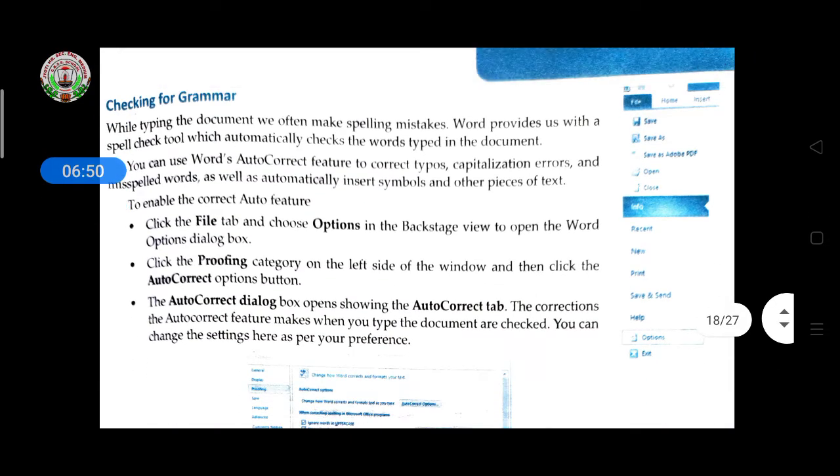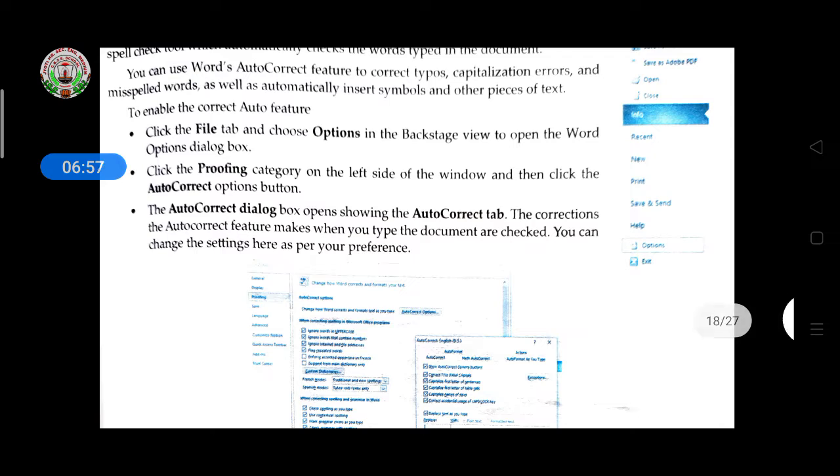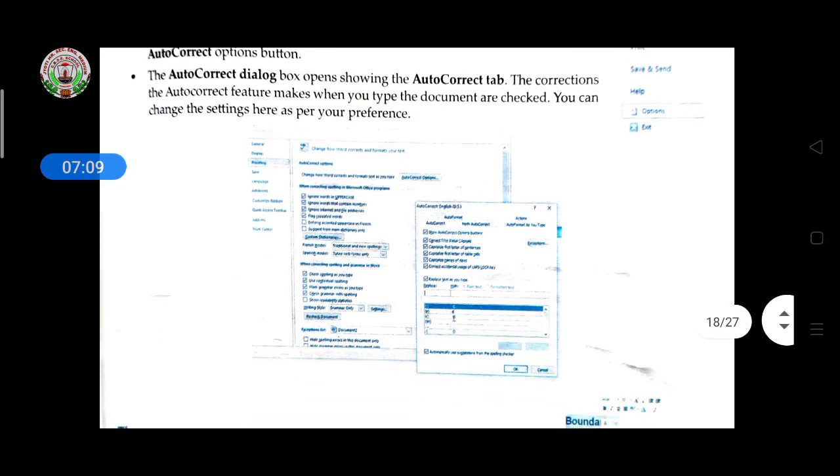Then click the Proofing category on the left side of the window. Then click the AutoCorrect Options button. The AutoCorrect dialog box opens showing the AutoCorrect tab. The corrections the AutoCorrect feature makes when you type the document are checked. You can change the settings here as per your preference.